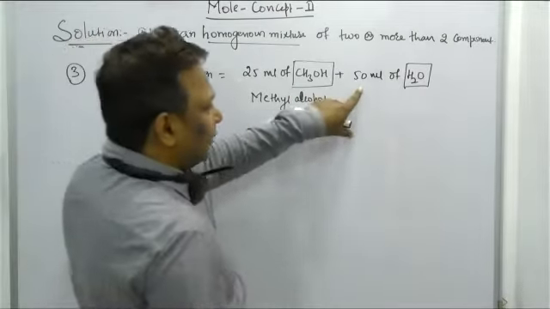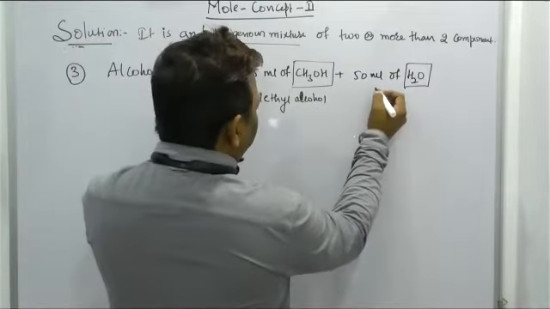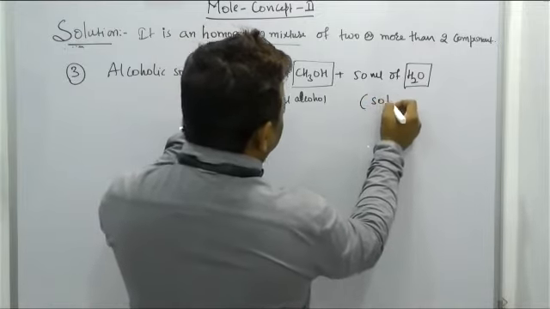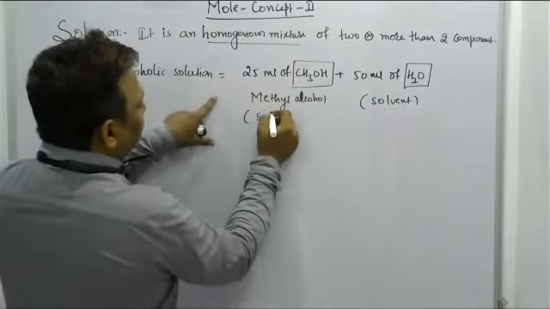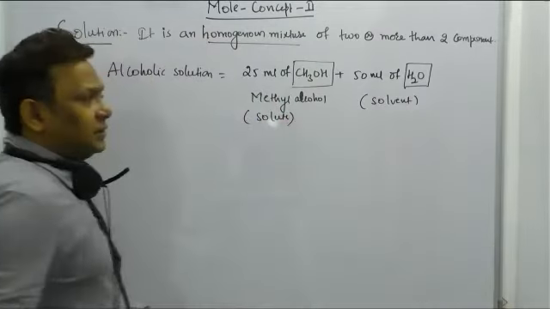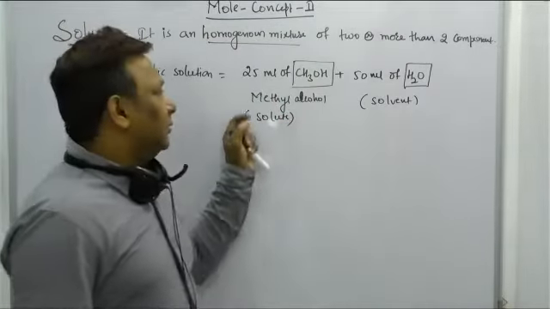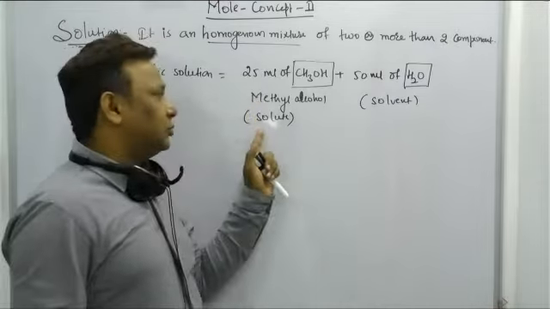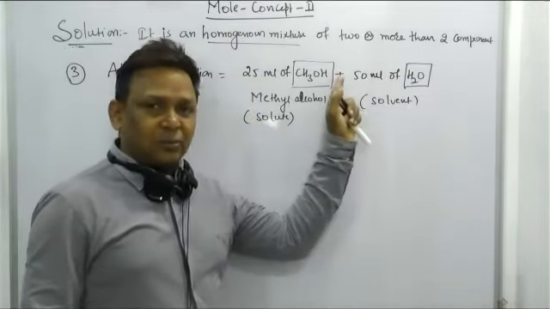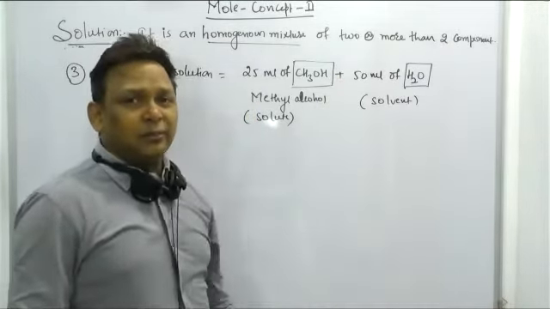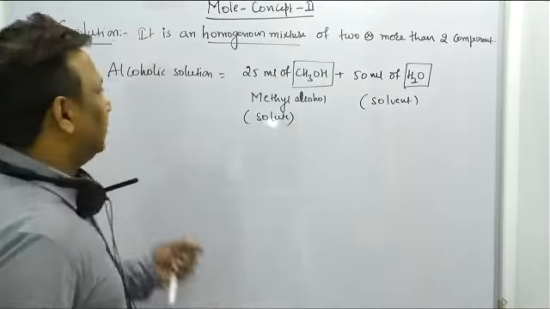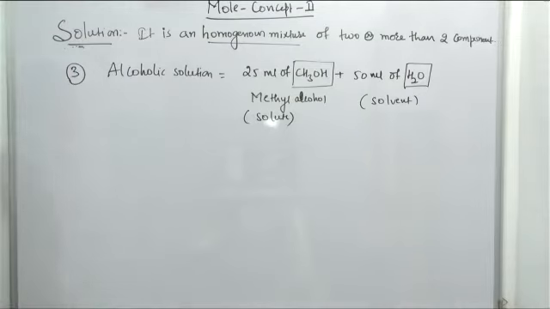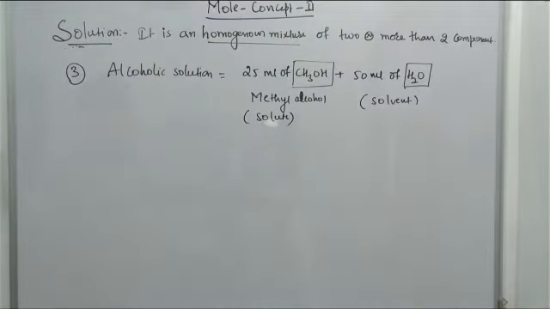The quantity of water is more than this one, so water should be called a solvent, and methyl alcohol will be called a solute. Means any component which is in less quantity is called a solute and a component which is in more quantity is called a solvent. So these are a few examples of solute and solvent. Please take this example also. We'll go with a few more examples, or rather the terms that we have to learn in this topic.